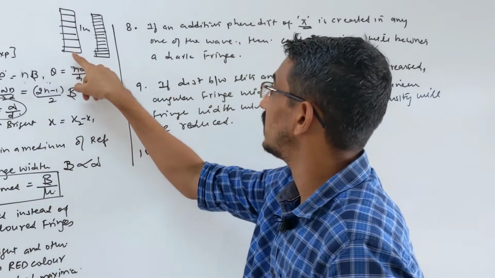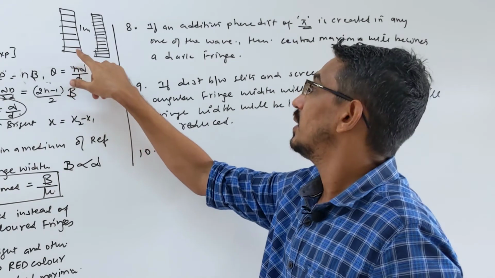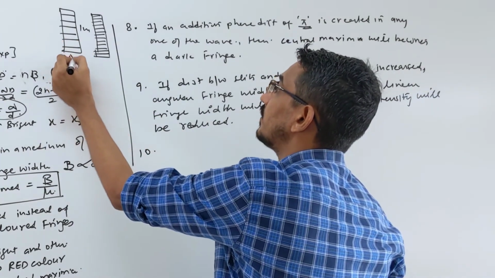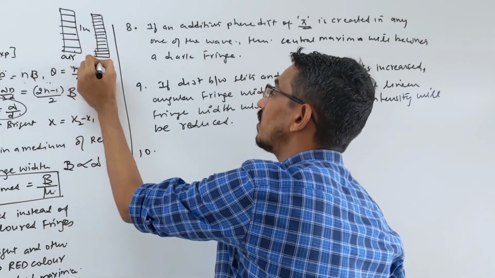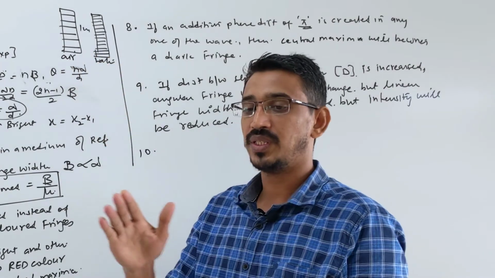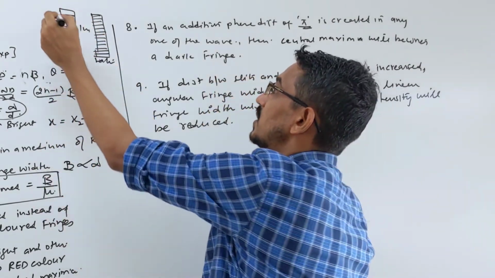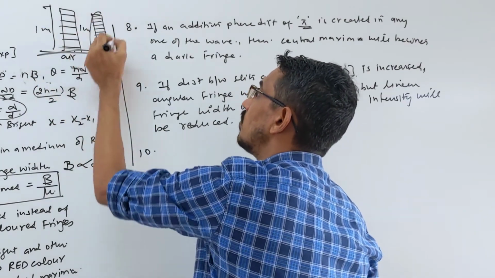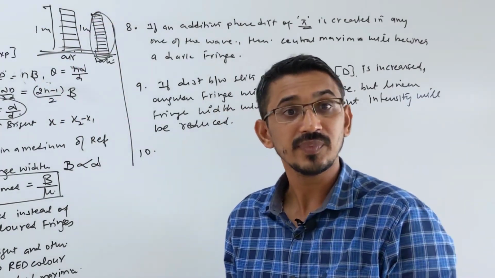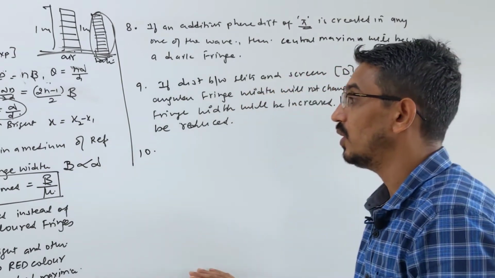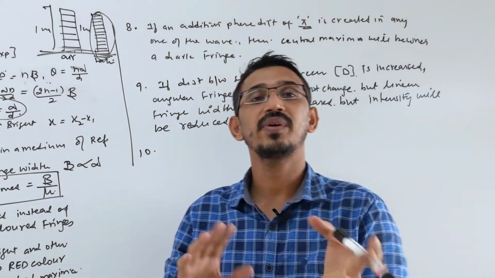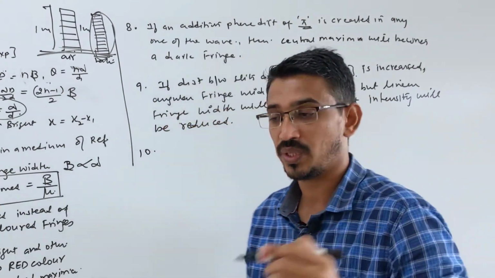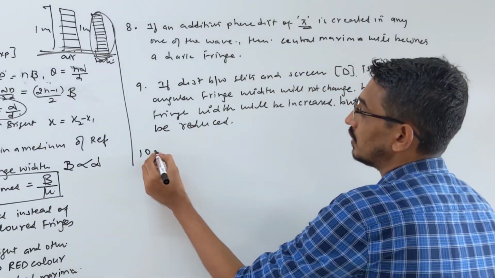This is exactly similar to the earlier question. These are the fringes formed in air, right? Then you go into water or some medium, and the fringe width is reduced. In the same gap, for this distance of 1 meter from the center, the central fringe, more fringes will be there. Exactly the same thing is happening here also. So this is the question: when you use a different wavelength, what happens? Look here, I am writing it in words.